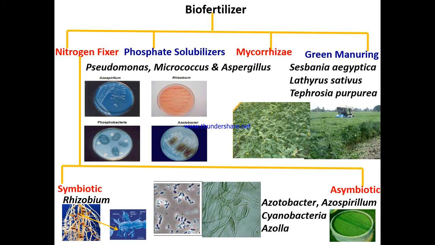Now, biofertilizers are divided into nitrogenous fertilizers, phosphate solubilizers, mycorrhizas, and green manuring. In the case of nitrogenous fertilizers, there are symbiotic ones like Rhizobium, and non-symbiotic ones like Azotobacter, Azospirillum, Cyanobacteria, and Azolla. In the case of phosphate solubilizers, many bacteria and fungi like Pseudomonas, Micrococcus and Aspergillus species are known to degrade the insoluble form of phosphorus into soluble form. And then you have green manuring, in which you add some proteinaceous plants like Sesbania aegyptiaca, Lathyrus sativus and Tephrosia purpurea into paddy manure or some farmyard manure, which increases the nutrient availability and protein content in the soil,